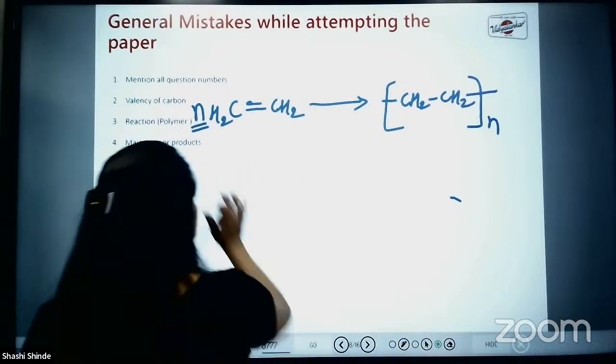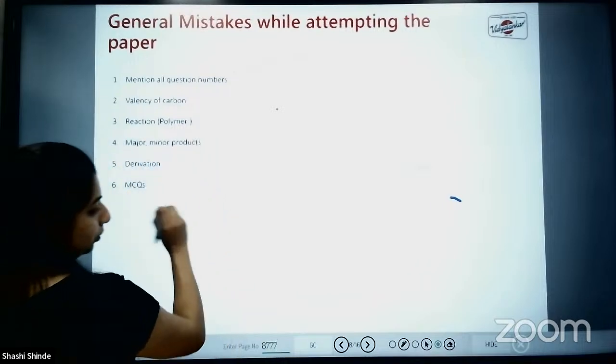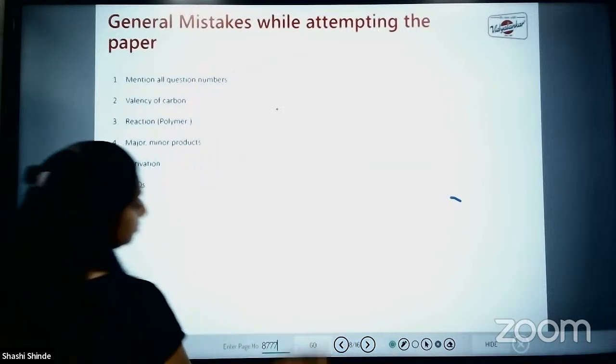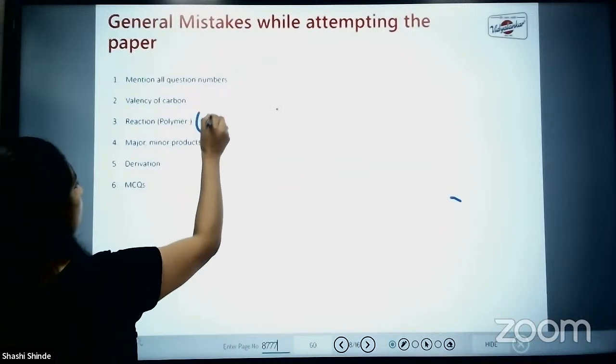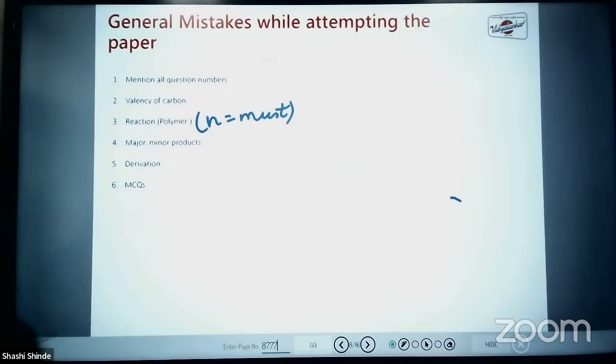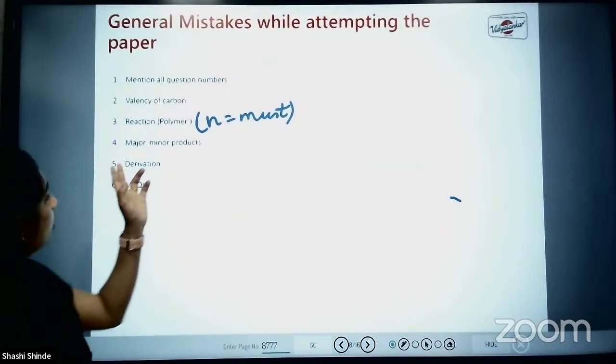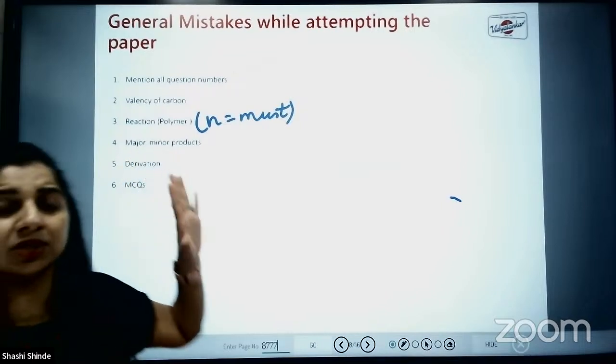Fine. Reactions of polymer, n is a must. So you have to mention that n is a must. Fine. Then we have to see the electrophilic substitution reaction in organic chemistry. In electrophilic substitution reaction, we get